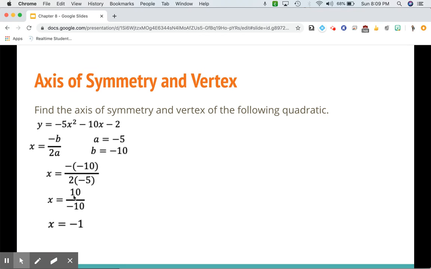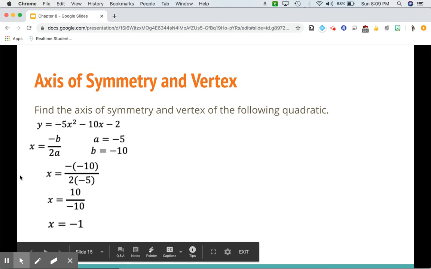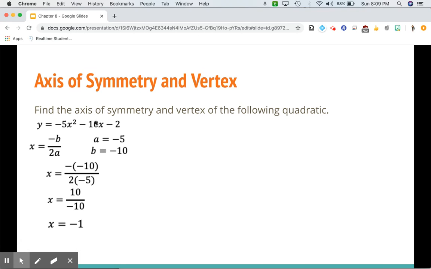Now, same way we did in the last problem, we're going to do in this problem. By finding our vertex, you're going to take that x value and you're going to plug it into the original equation. So you're going to plug that into both of them. And again, a negative sign, so you need to be very careful with the negatives, okay? There's a lot of negatives in this problem. So you're plugging it into both x values. Remember, you're squaring the number